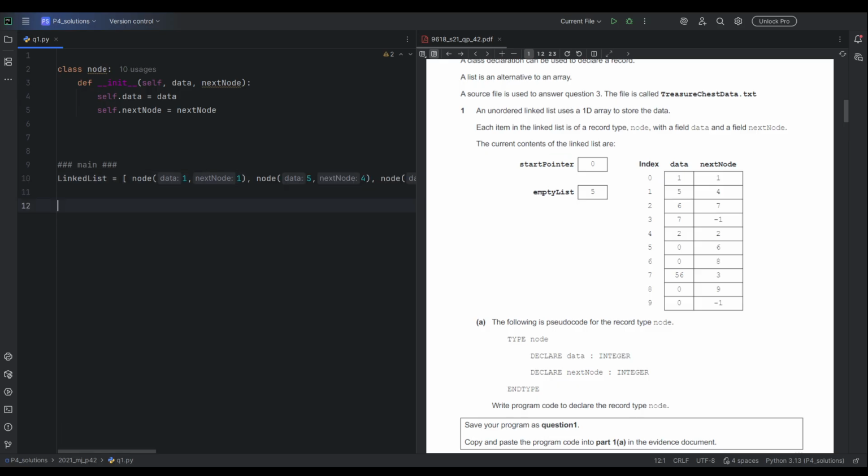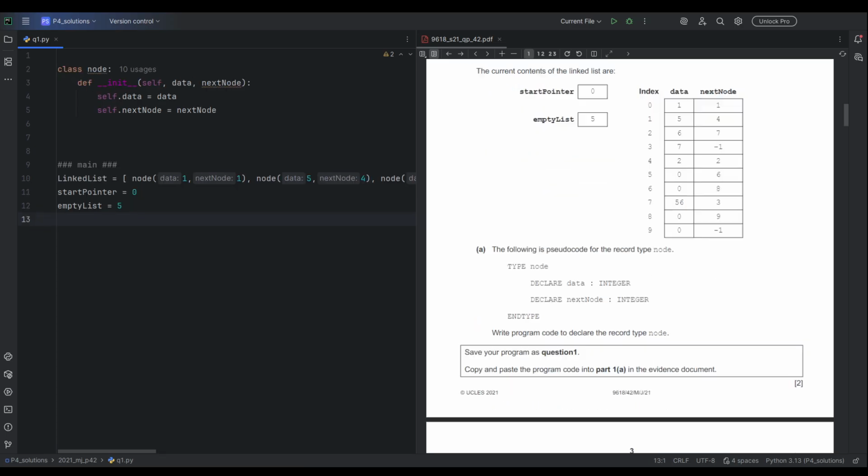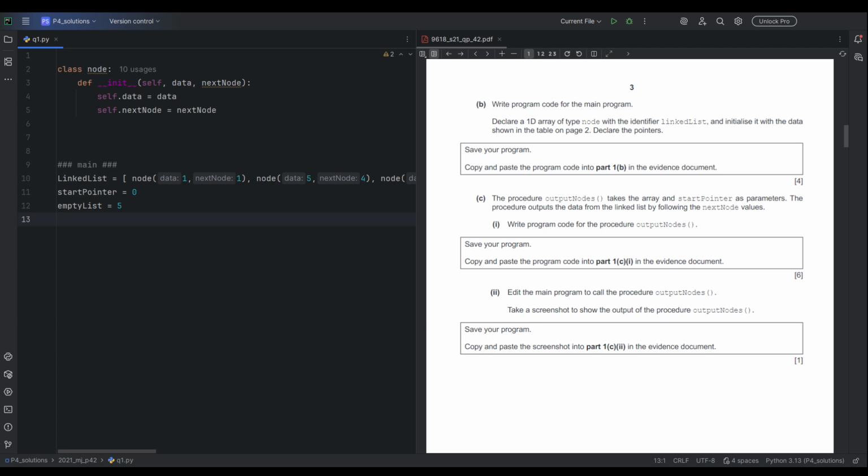Here we go. We have the complete linked list typed here. Then we are setting the start pointer to 0, and we have the empty list set to 5. We have to use the same names as given in the question. No variations in that. Okay, now in the next part, they're saying that you have to write the procedure called